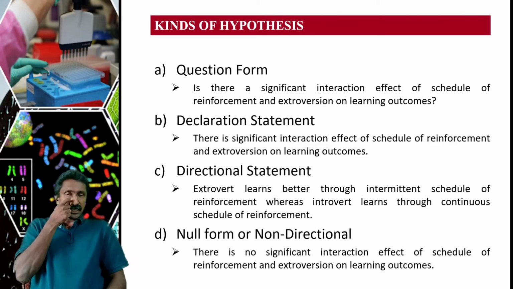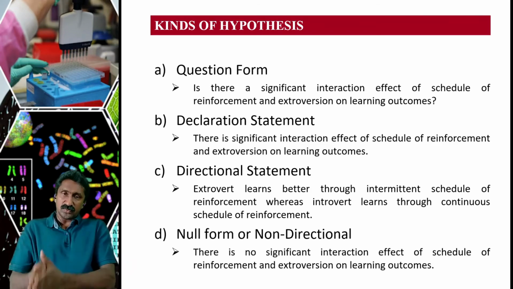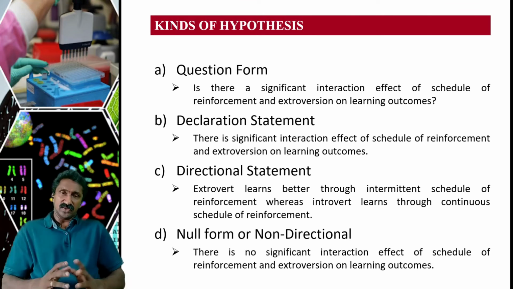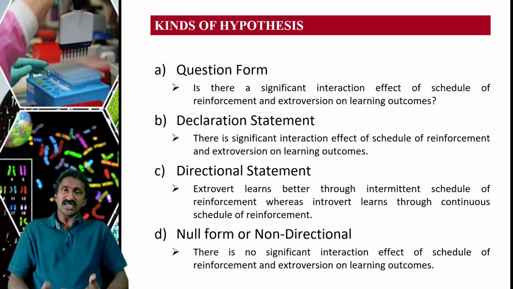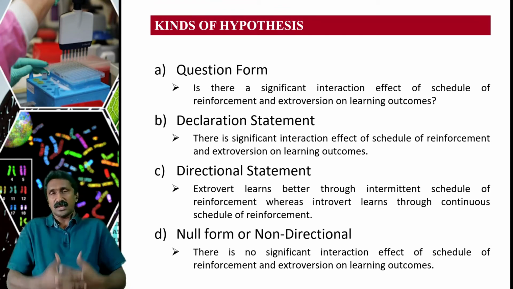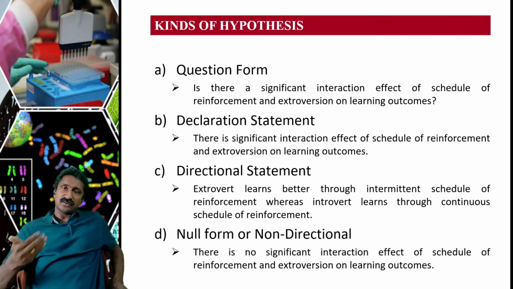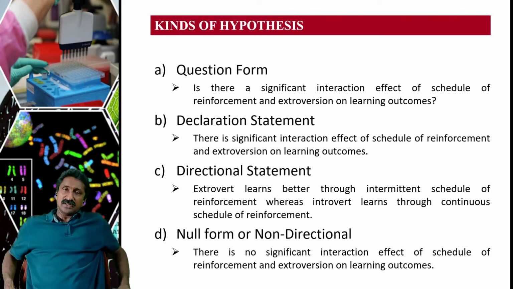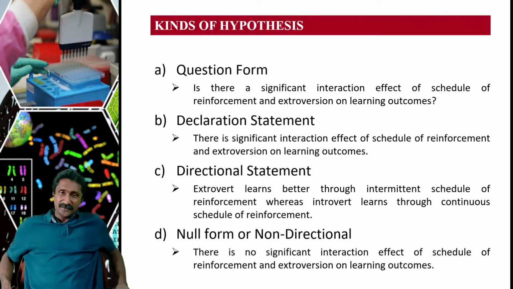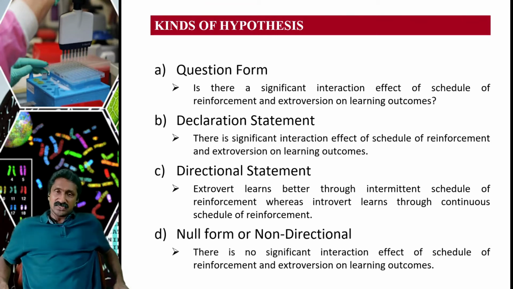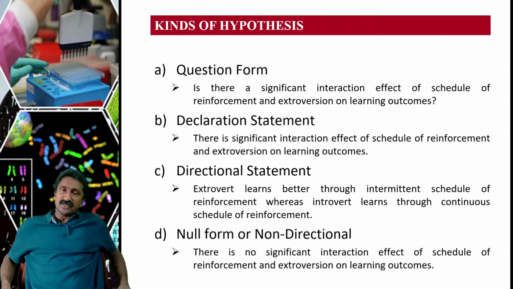We will design a condition in which you will incorporate a test and a control, and to verify the hypothesis you will see whether sufficient experimental evidence was there to reject the hypothesis. So if the null hypothesis is rejected, then that means there is a significant interaction, right? If the null hypothesis is rejected based on experimental evidence, then that means there is a significant interaction between the